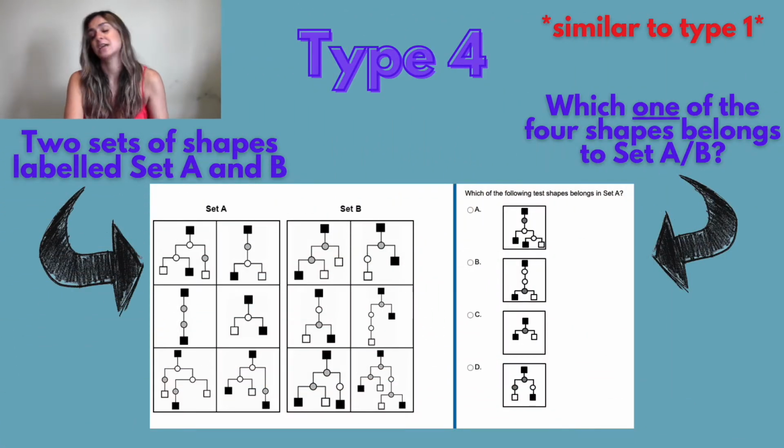Finally, we've got question type 4. Now, this is similar to question 1, but it's a little bit different, and I'll explain why. Question type 4 has set A and set B once again, so it's a similar type of question, and we're going to look for similar patterns. But the way this is different to question 1 is that the question tells you which set the box should fit in. They will tell you, okay, we only care about set A in this one question. And then you've got 4 different sample boxes to pick from.